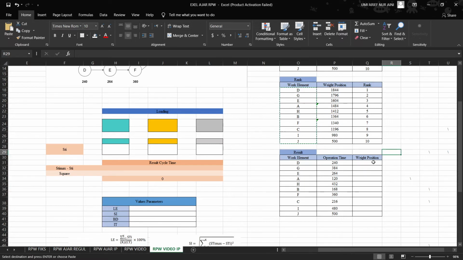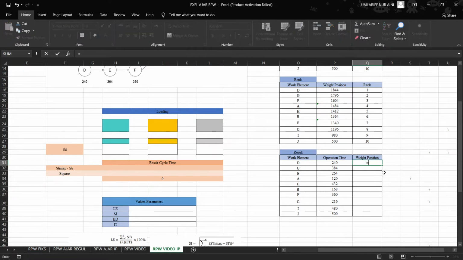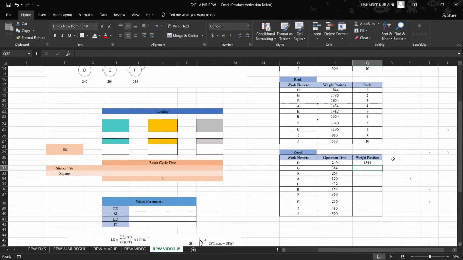So for the positional weight, you can copy it and paste it in this column, like this, and you can drag.